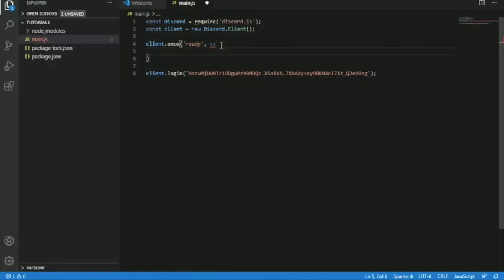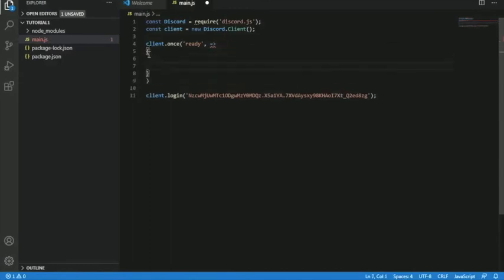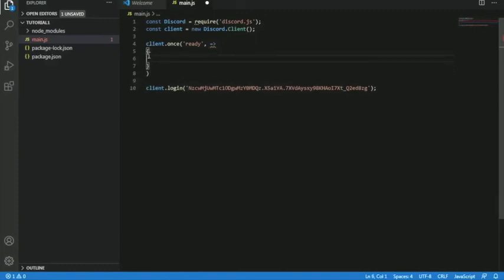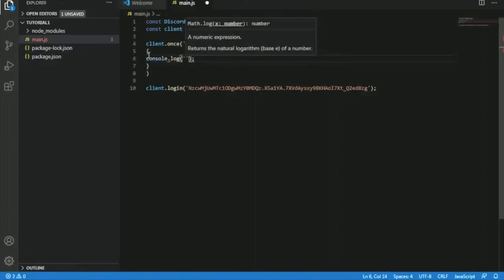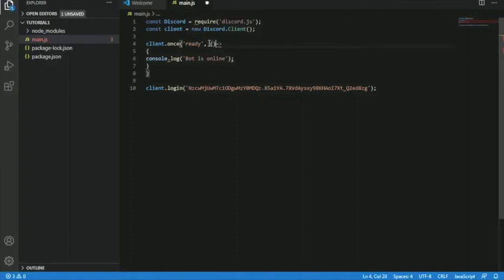Put a bracket, and inside the bracket we're going to write a message. Now this message will show once your bot is online. So you put console.log, and inside this you put whatever message you want to show. So I'm going to write bot is online. You have to put a bracket before you put the arrow sign. Save it again,